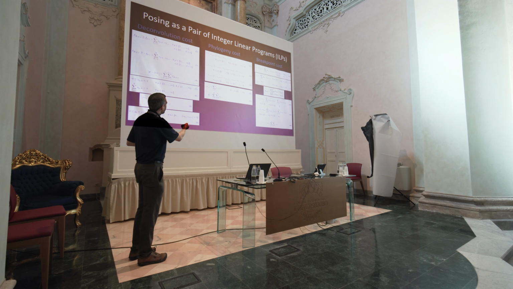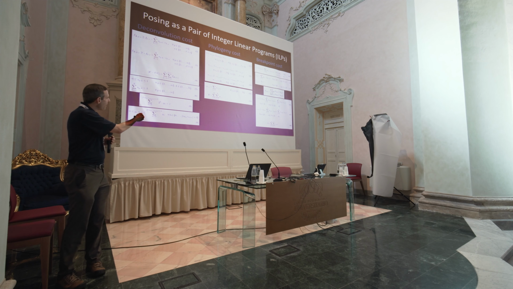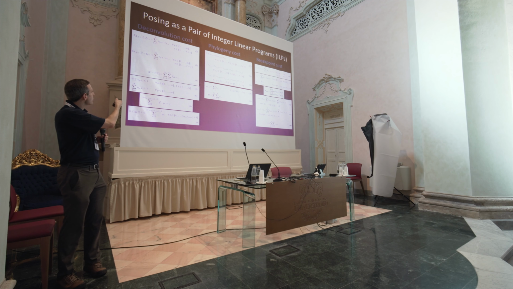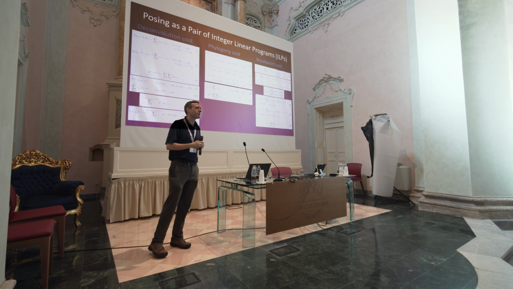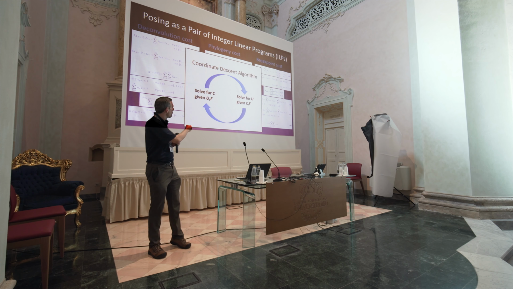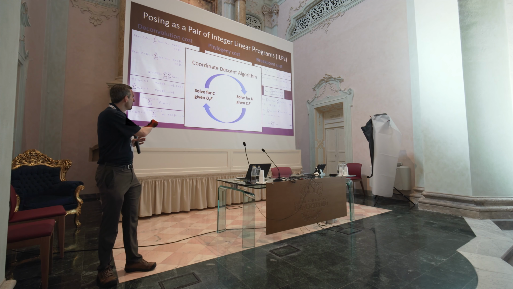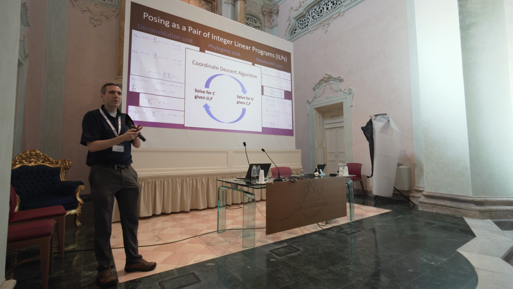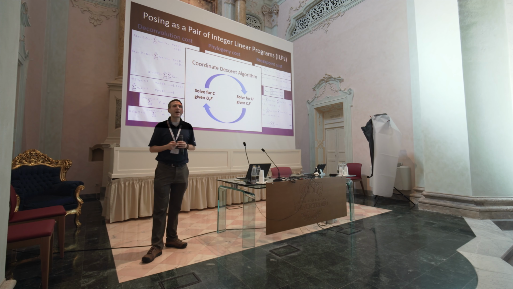So we end up posing this as a fairly involved integer linear program. This is actually not the entire program. These are kind of the major pieces of it: a deconvolution cost, a phylogeny cost, a breakpoint cost. It ends up being too hard to solve to optimality, so we come up with a coordinate descent algorithm where basically you solve for your cell types, assuming everything else is known, then you solve for your deconvolution, assuming your cell types are known, and try to converge on an optimum this way.